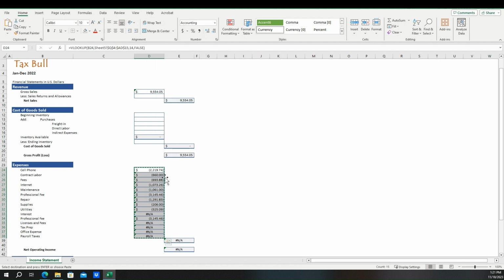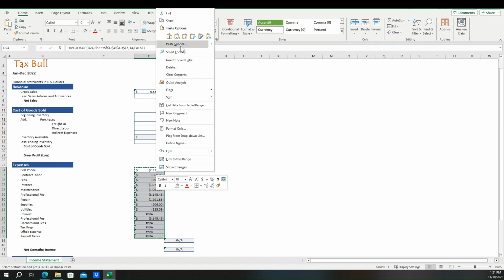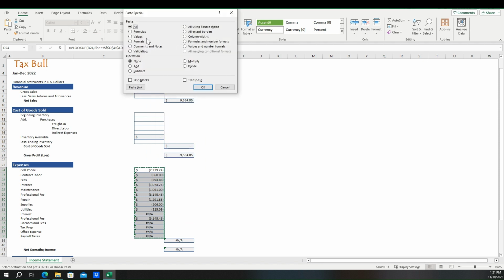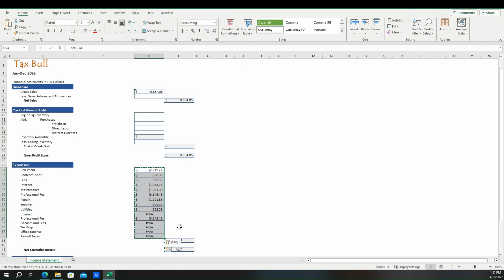We're just going to copy it. We're going to click on Paste Special, click on Values, and the formula is gone, as you can see. So now if you have a ton of these, obviously you could do this manually, but if you want to